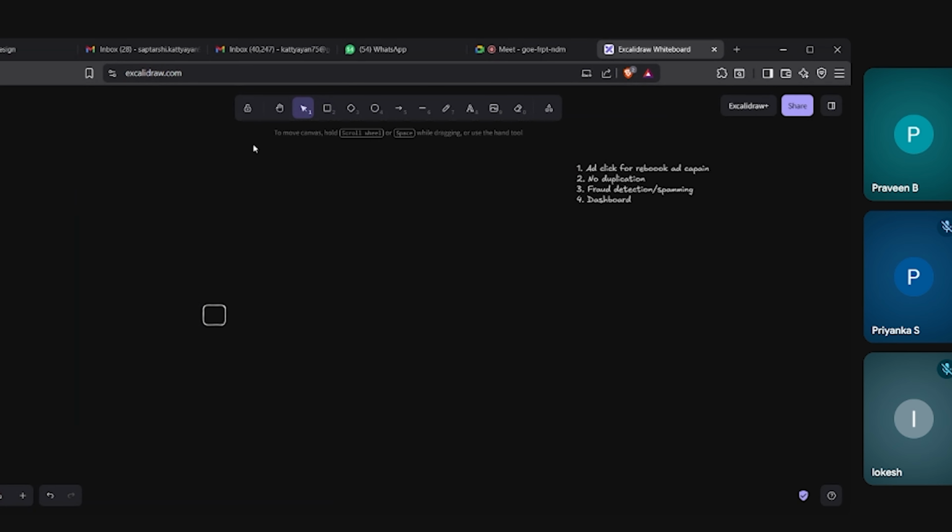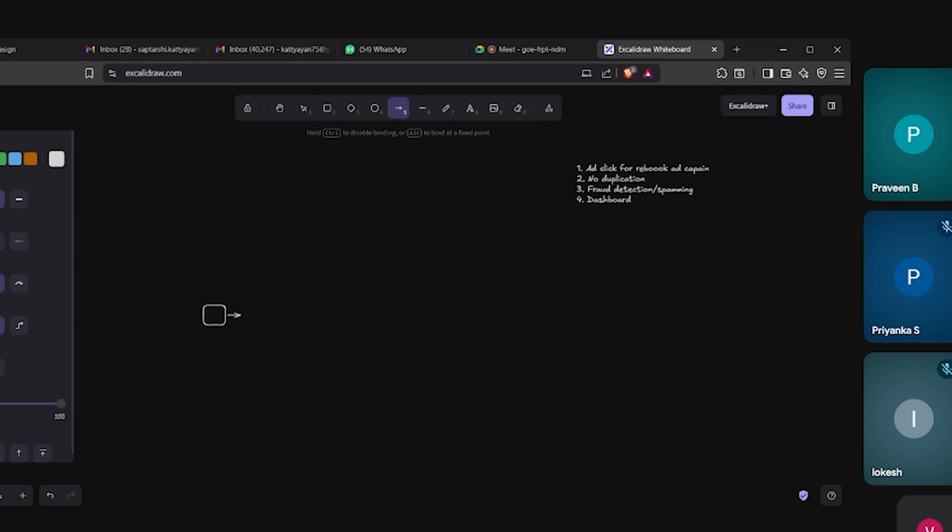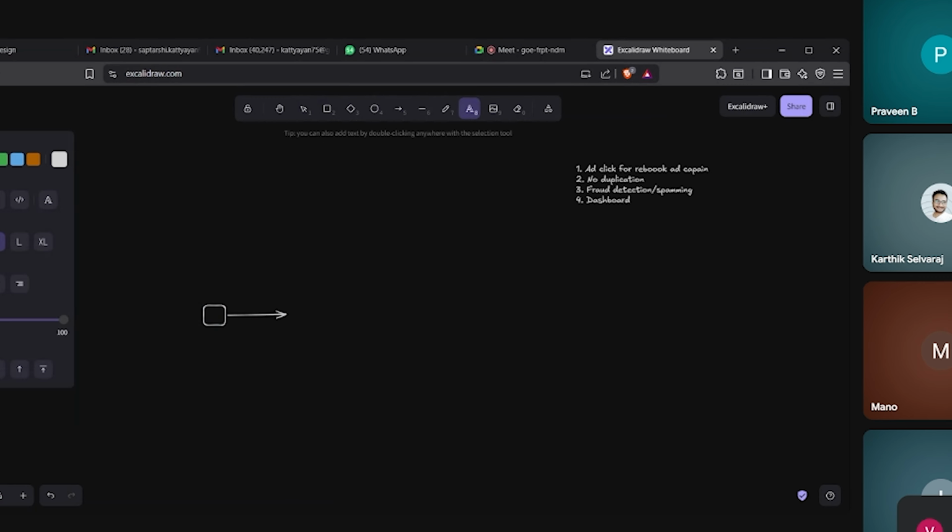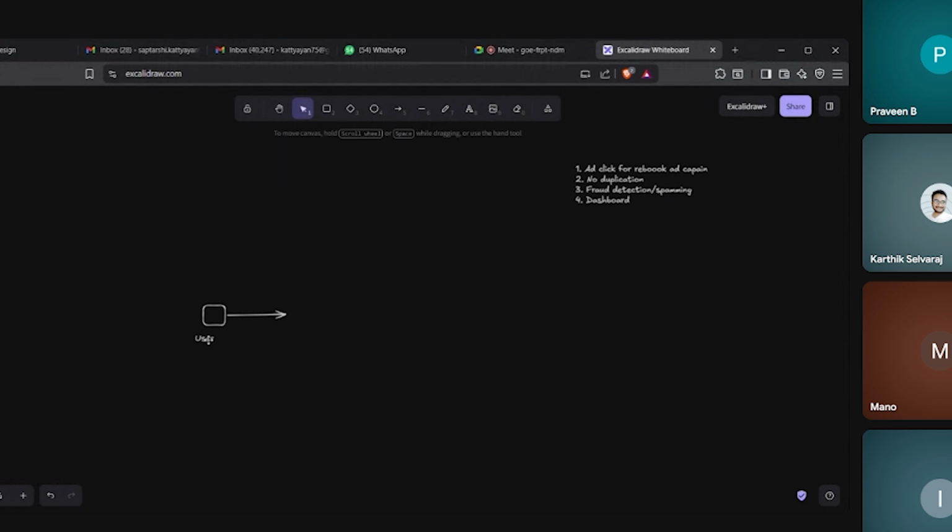They will click on some ad, and when they click, the user will send an HTTP request. Along with it, it will send some details in that request.